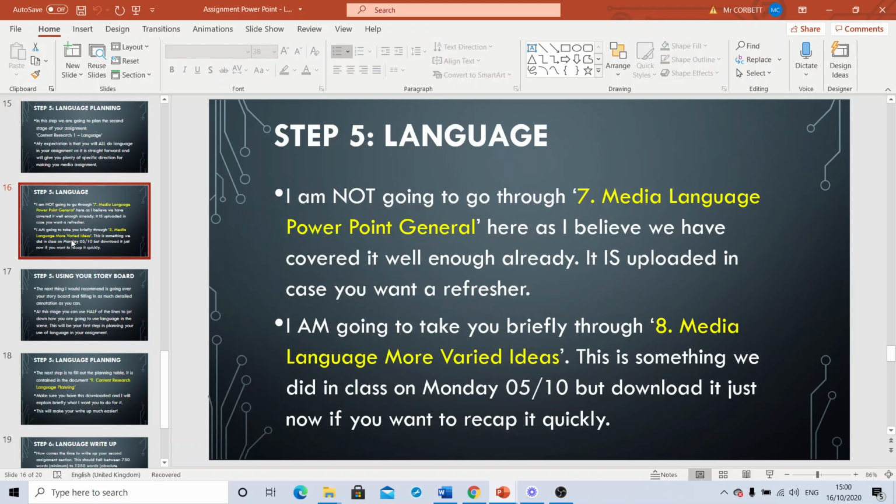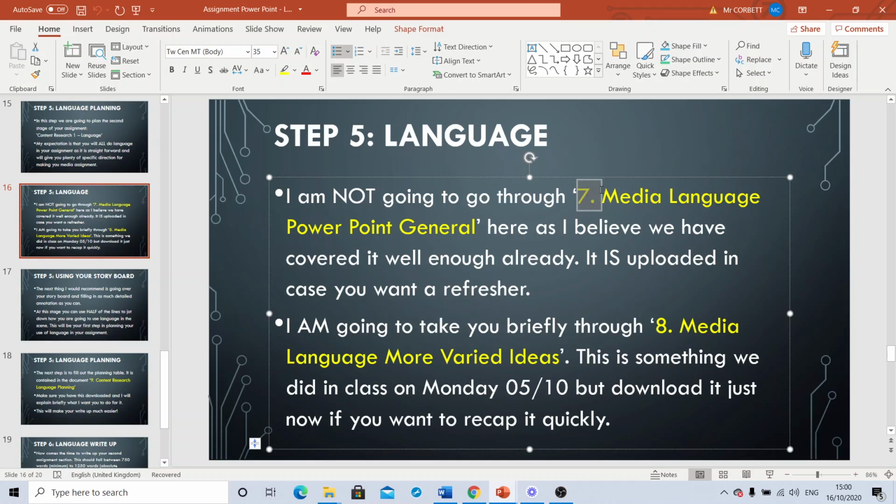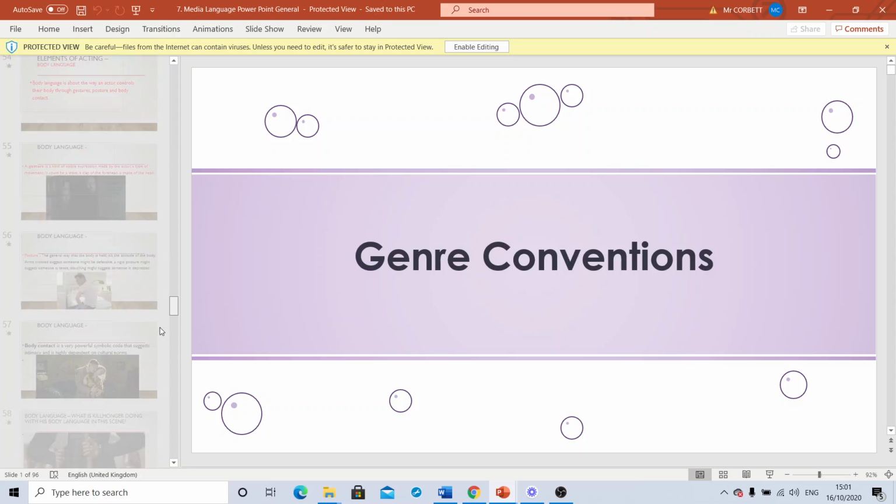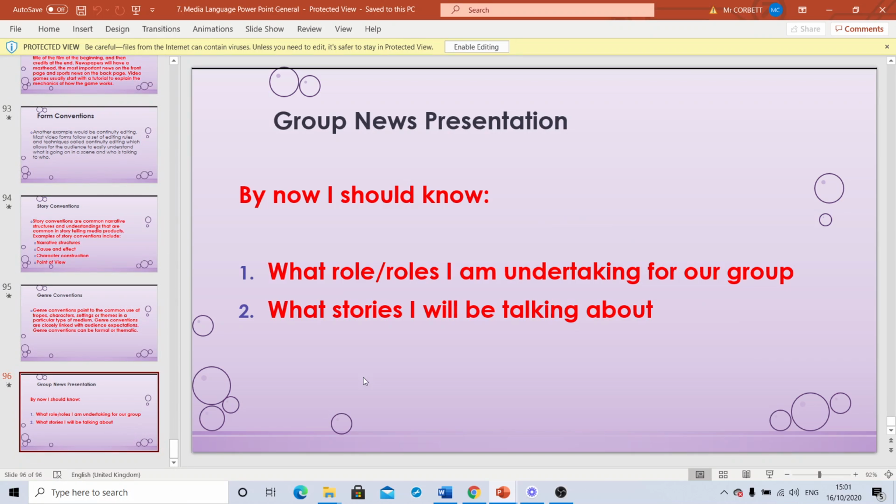For this loom, you are going to need media language PowerPoint General, which is number 7. That is the one we made up and went through when we looked at Black Panther. It takes you through some of the more basic media language techniques, but basic is, not gonna lie to you, probably all you can hope for in terms of what you yourselves can produce, simply due to limitations of time and resources. So I would strongly advise you to go through that PowerPoint yourself. I'm not going to take you through it, but it will be the one that starts genre conventions and runs all the way down, 96 slides later,